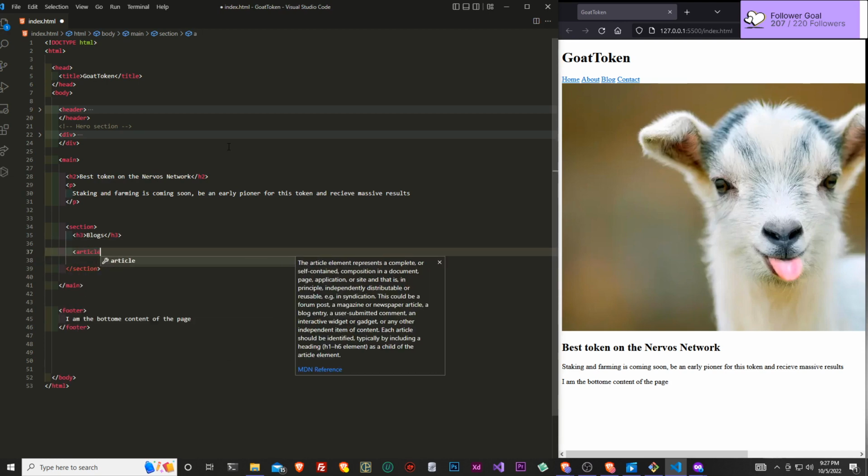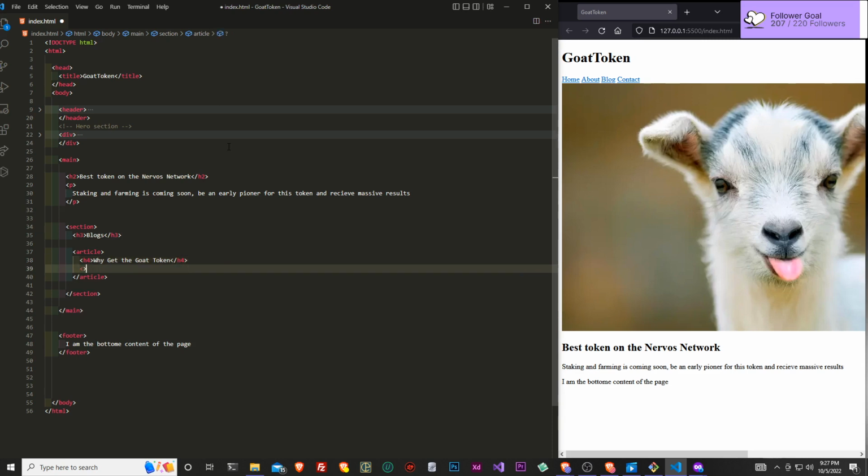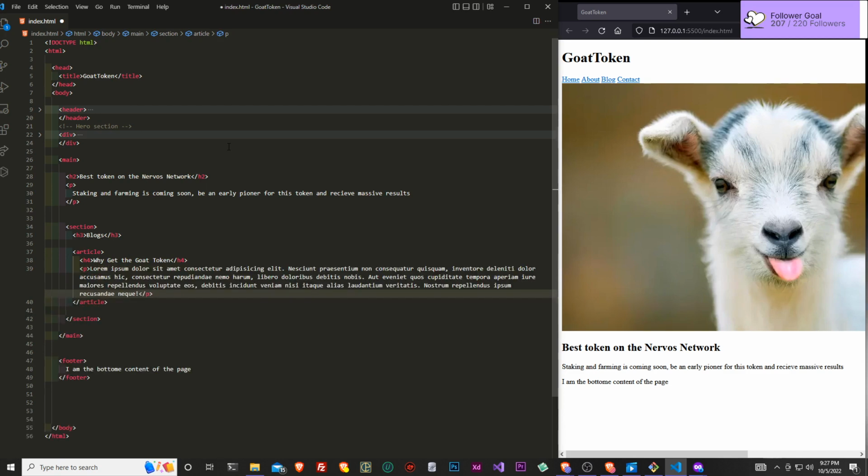And within each blog, we're going to have an article element where we're going to be giving an article name. So, why get the GOAT token, which is going to have the article title. We're going to give it a short summary, or like the first couple of words.